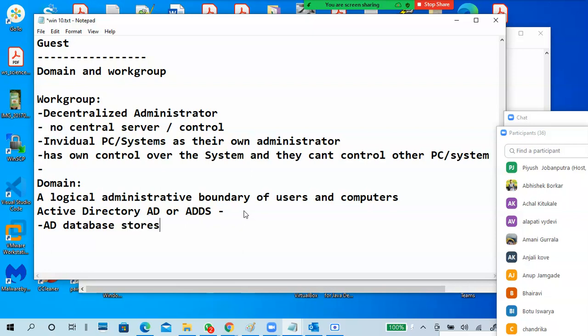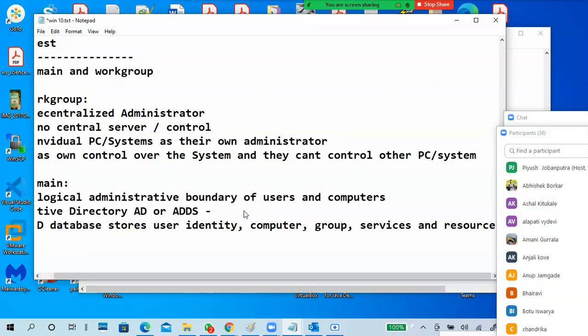It stores user identity, usernames, anything you can put: user information, computer information, group information, services, and resources.